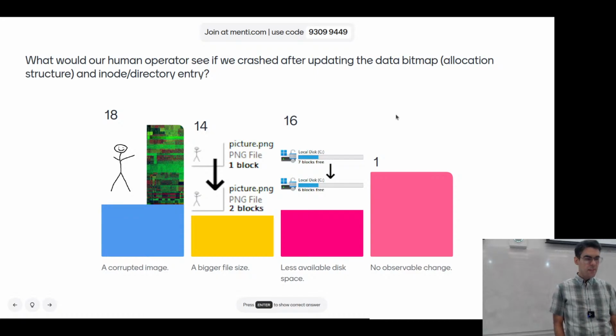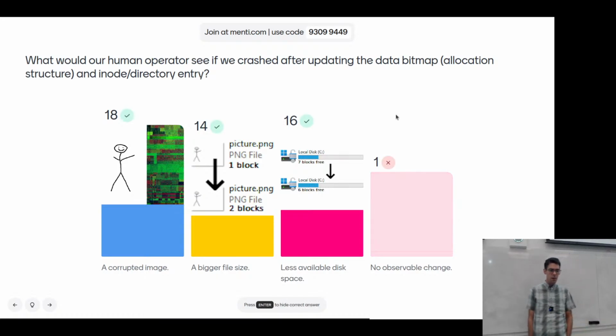A bigger file size? Yeah, 100%. We just updated the directory entry or the inode for this file, and that's where we're keeping the file size for these things. So our file size is going to look a little bit bigger. And the data bitmap will have also been updated to represent that we have used this cluster or this block. So we're going to see all 3 of these different changes.